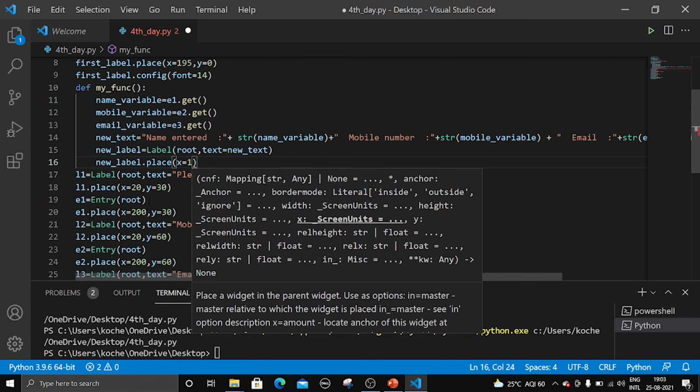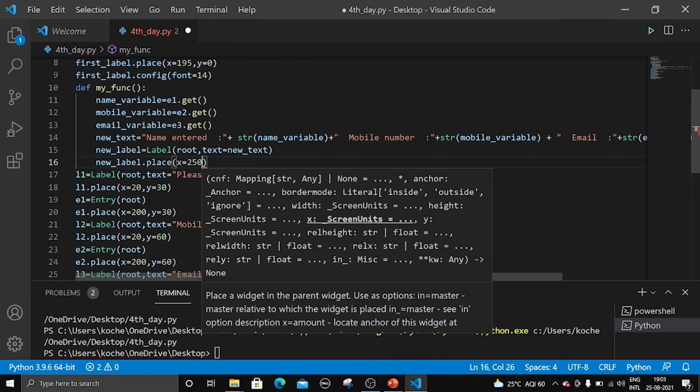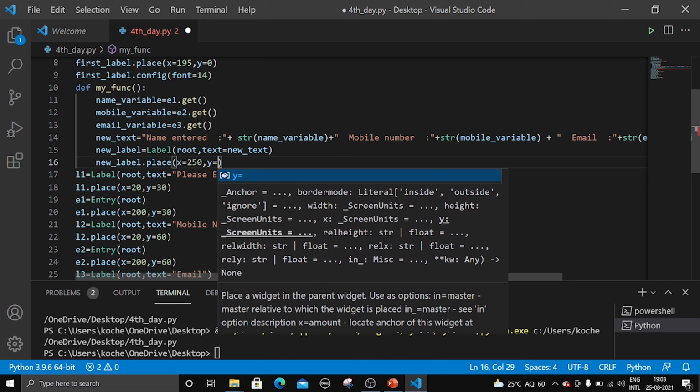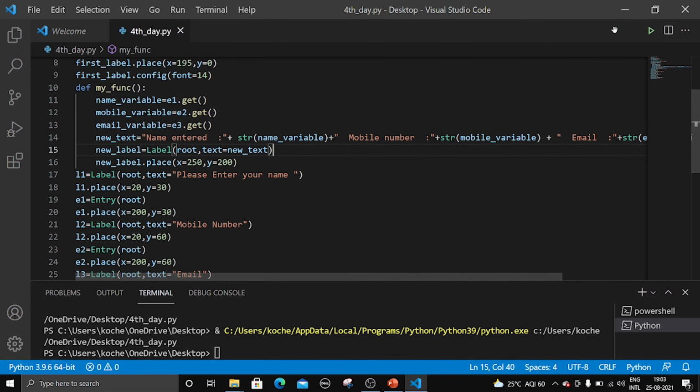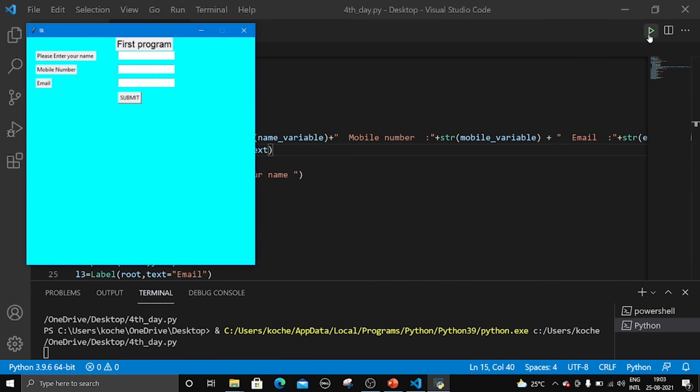Let's take 250, and let's take y equal to 200. So let us try to run the program, and let me enter the name, and let me enter some random numbers, and let me enter abcd at gmail.com. Once we press submit,